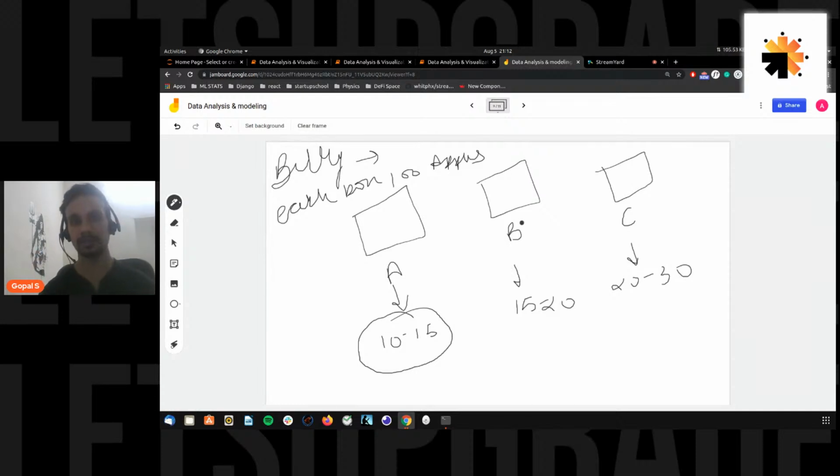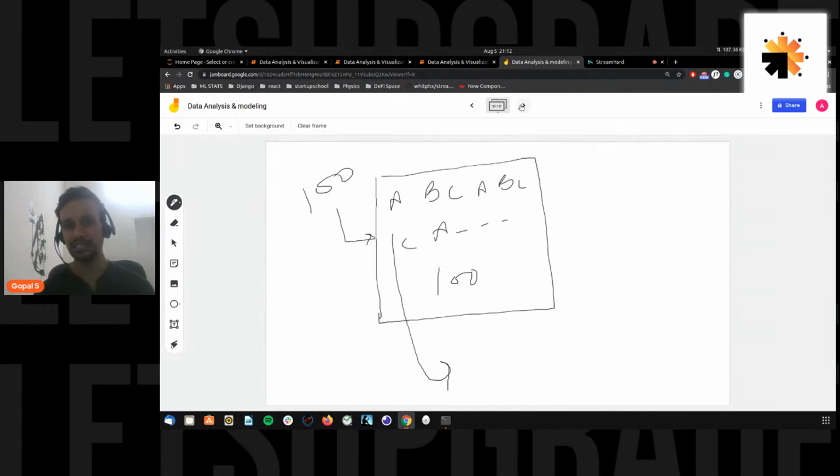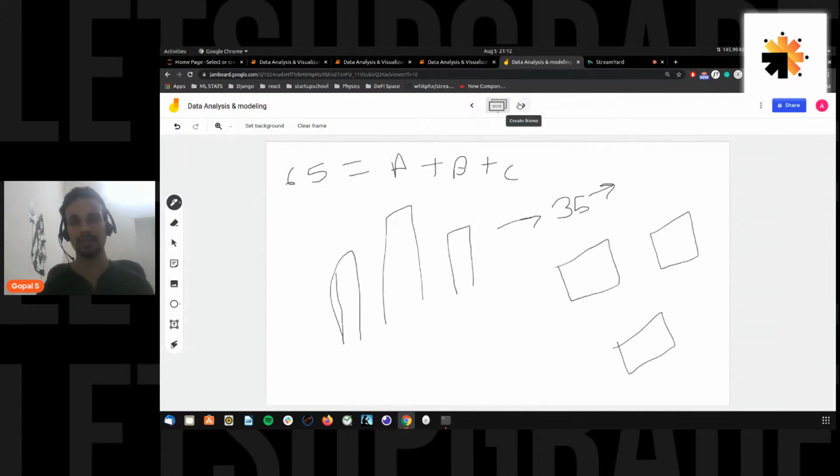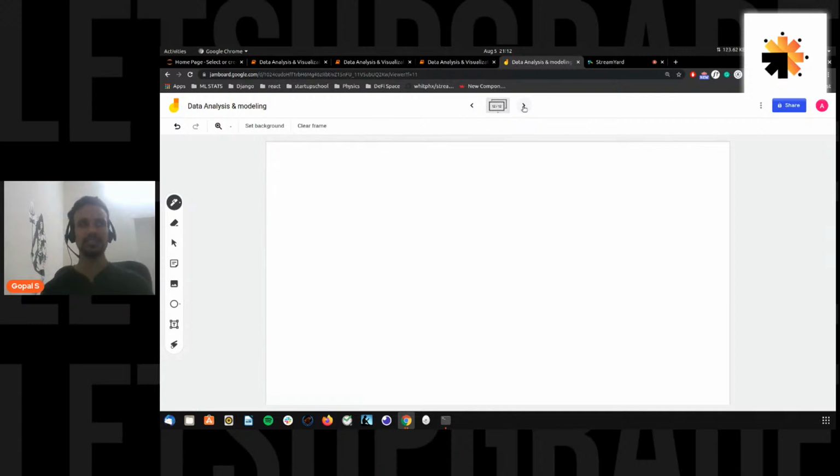For box B, he had around 15 to 20 rotten apples, and for box C, 20 to 30 rotten apples. So what he did was come up with a simple bit of math, just pseudo programming math. Nothing Python, nothing R. He just wrote a simple pseudo algorithm, which was like: